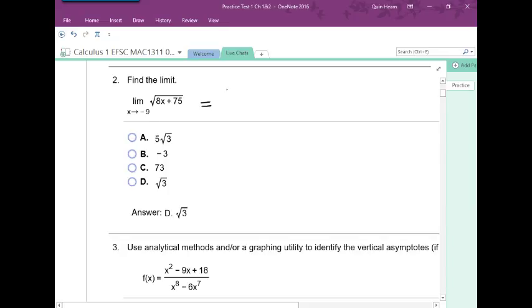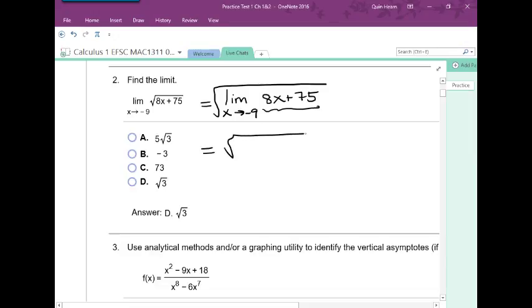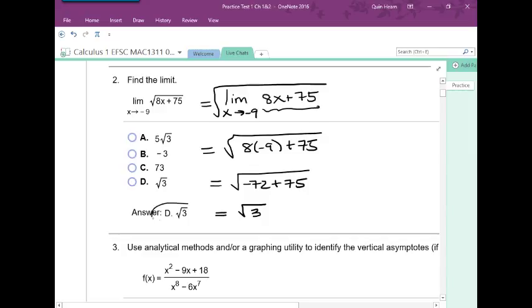Okay, so in other words, you can plug in as long as you're going to get a positive value under the radical, because that's where square roots are continuous, where we are taking the square root of a positive number, or 0. So the limit as x approaches -9, well, I said or 0, but that's coming in from the right, from the positive direction. But anyway, we're not headed toward 0 here, because if we plug in, and this is a linear function, it's continuous everywhere, if we plug in -9, we're going to get the square root of 8 times -9 plus 75. That's going to be the square root of -72 plus 75, which is a positive value. So this is going to be the square root of 3,